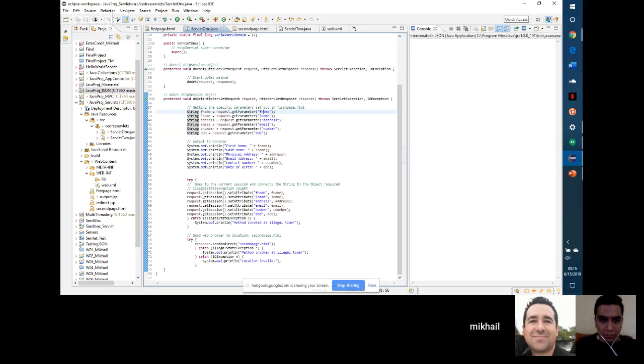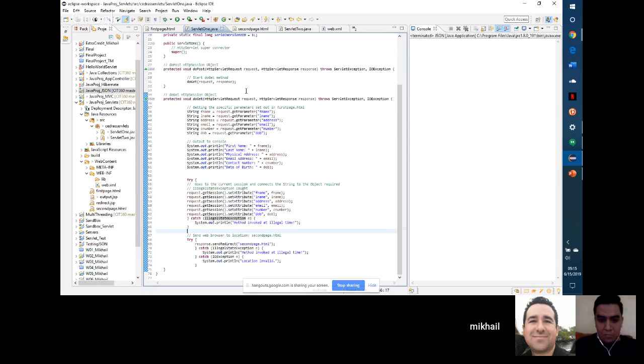And then I get the current session and I set this name to the string that was given, and it saves it in the servlet. One exception is the IllegalStateException that could pop up, and afterwards I redirect it to the second page's